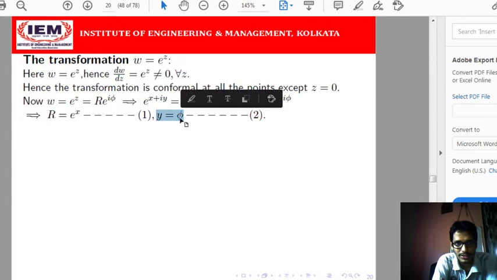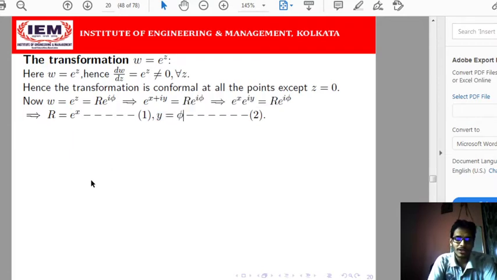In the Z plane we are considering Cartesian coordinates, x and y, and in the W plane we are considering polar coordinates, r and phi. So r is related to x in that way, e to the power x equals r, and phi is mapped with y. Actually x comma y is mapped to e to the power x comma y, where e to the power x is r and phi is y. So that is our u and that is our v.